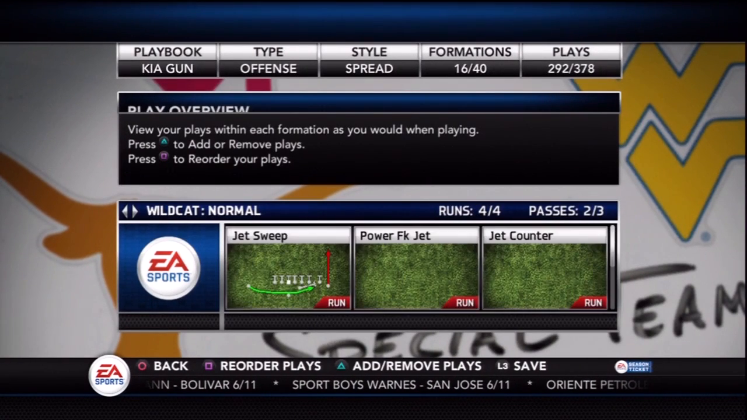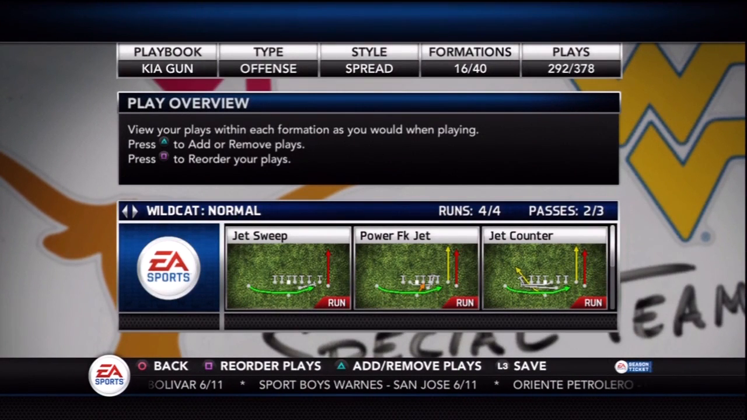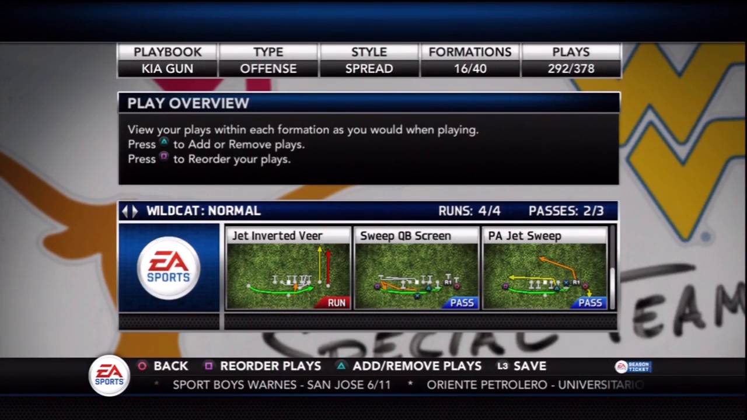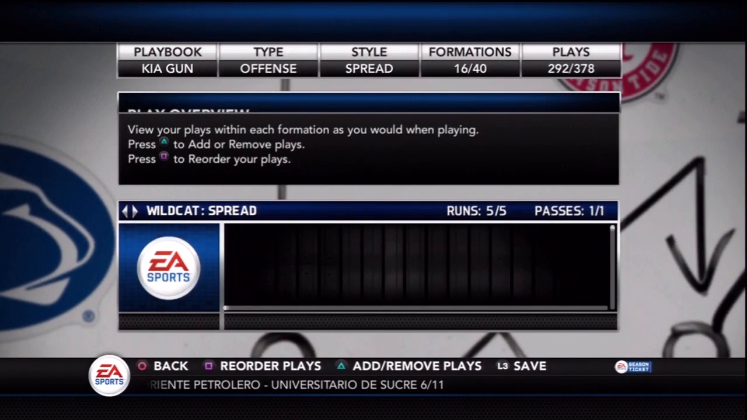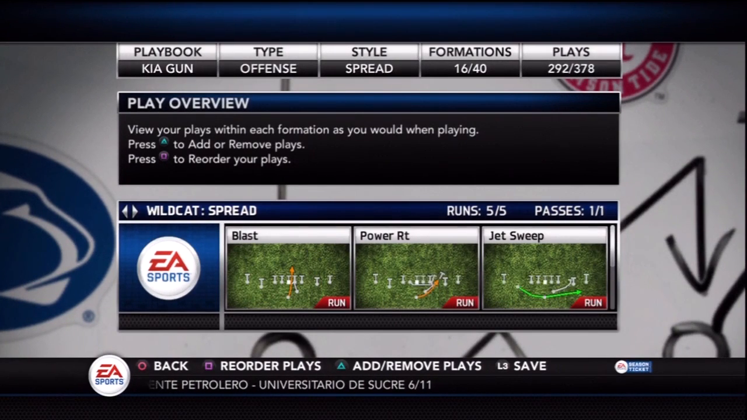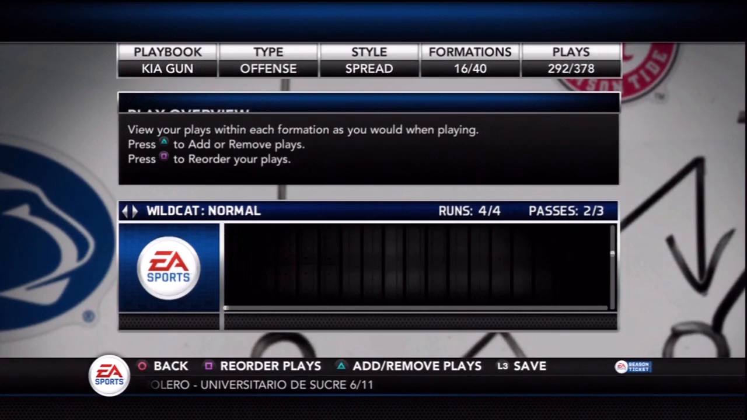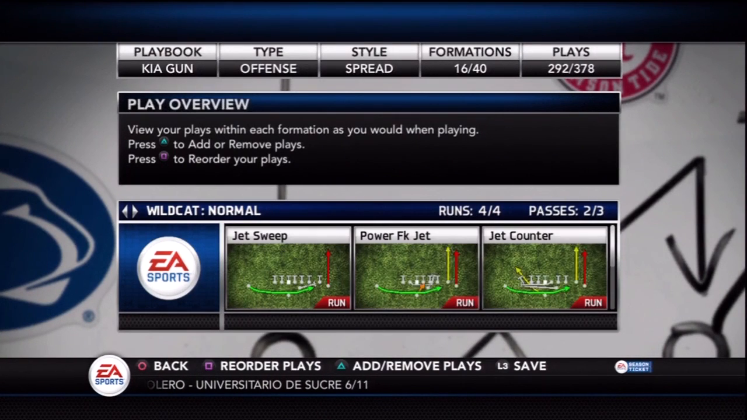Then we have two Wildcat sets, where I want to throw some muscle or some gimmicky kind of stuff out there to go along with the heavy. So that is my spread playbook, Wildcat spread and Wildcat normal. That is my spread playbook, my vertical spread,